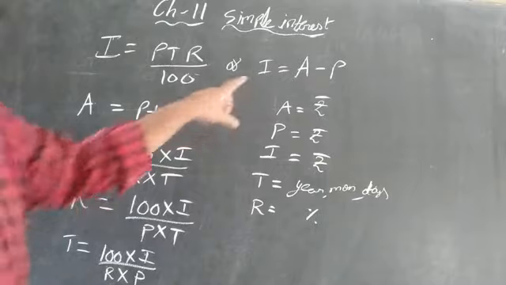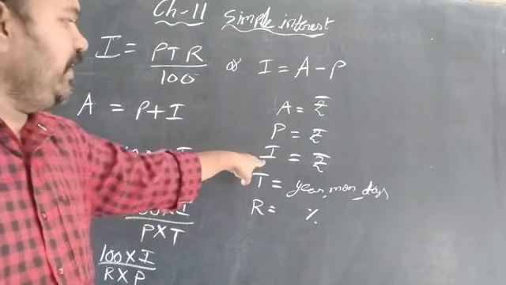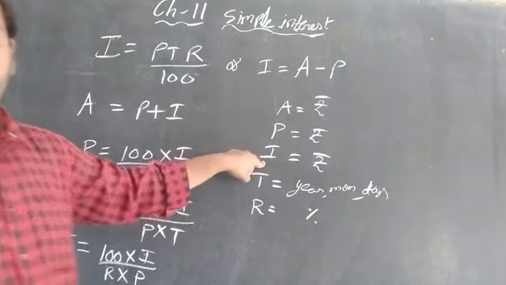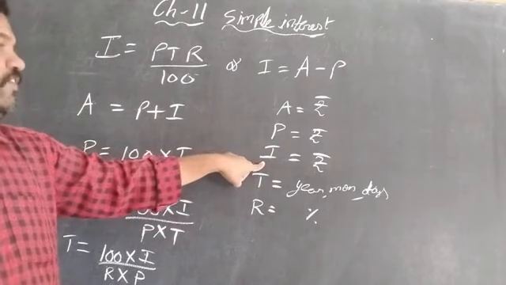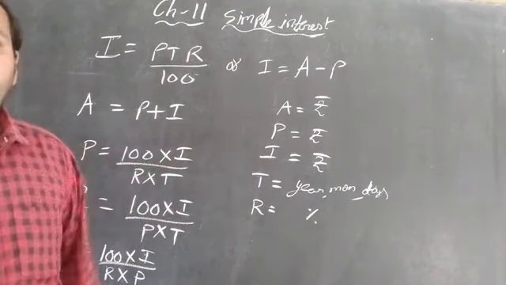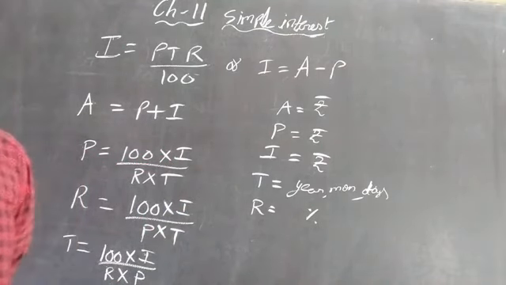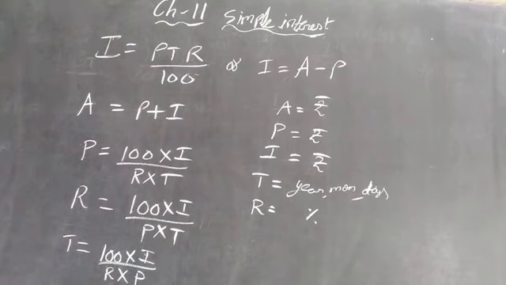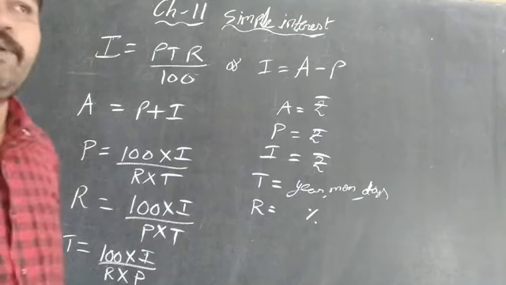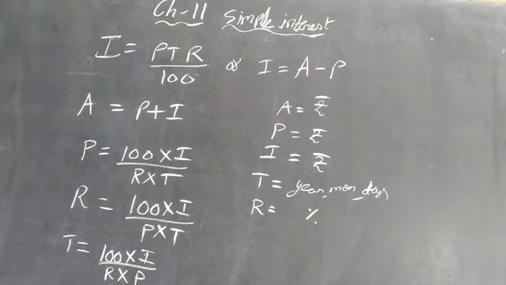Amount, principal, interest. The least one is called interest in the question. For example, if the question gives rupees 45, rupees 10, then principal is 45 and interest is 10. Sir, what about amount? For amount, they will give the spelling in the question, A-M-O-U-N-T, the word amount. If it is given, we have to decide that it is amount. Otherwise, the given question is related to principal and interest only.